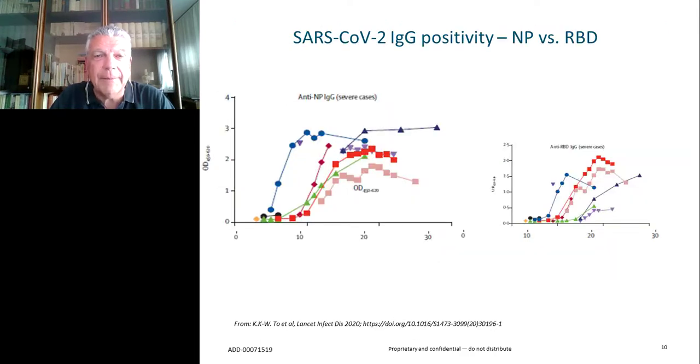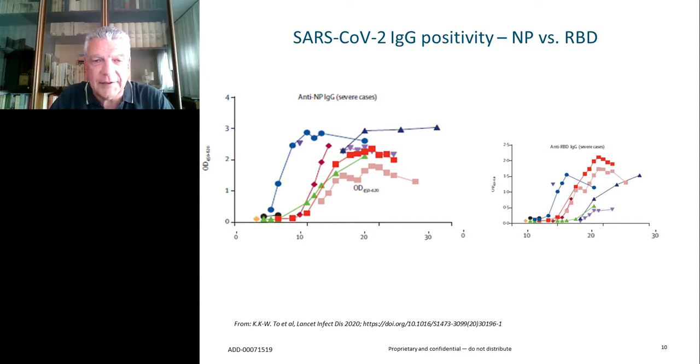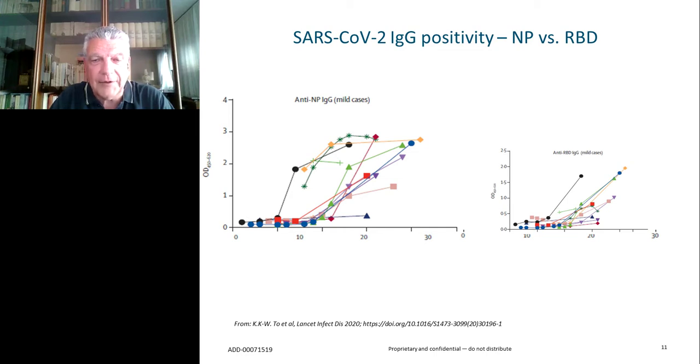And you may have an even better glimpse if you look at this series of patients that have been assayed by an assay directed against the nucleocapsid or against the spike RBD domain. On the same scale of intensity of the result, you can see that the anti-NP IgG appeared in general earlier and attained higher levels. And we have another example here. Another thing you may note is that in severe cases such as those, the response tends to be stronger, whereas in mild cases it tends to be weaker and also possibly delayed in time. And this is something we will deal with near the end of our presentation today.